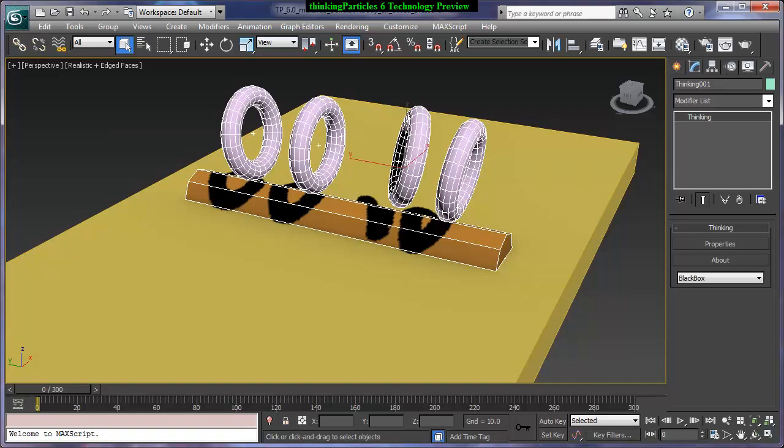In this video I will show you the cool new things we're working on for thinkingParticles 6. And please keep this in mind. What you're going to see here is only a preview or a work in progress, so nothing you see here has to show up in the final product. However, I would still like to show you what we're working on and what our plans are to implement into